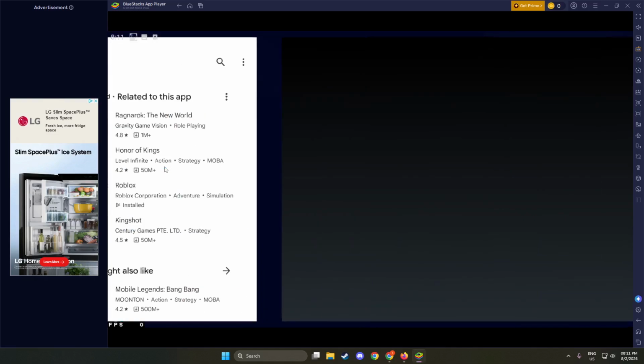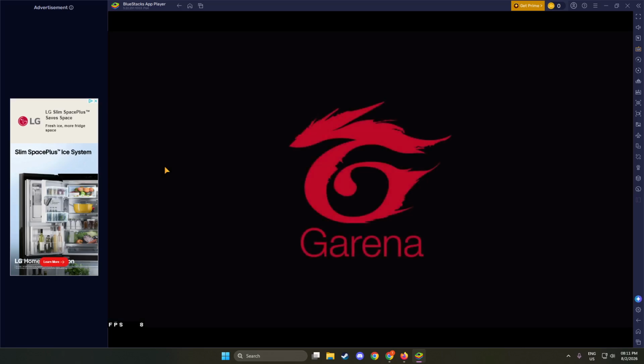The button turns into a progress indicator and shows the download status. Since this is a large game, the download can take several minutes, especially on slower connections. You will see the progress bar fill and then switch to an installing message, and when everything is ready, the button changes to Open, which means the game is now installed inside BlueStacks.